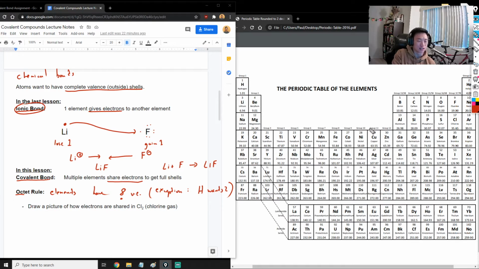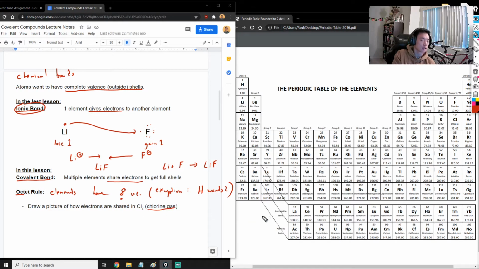But octagon is a shape with 8 sides. Same thing here. Octet rule means they want 8 valence electrons. Okay, so let's draw a picture of how electrons are shared in Cl2, which is chlorine gas, which is a